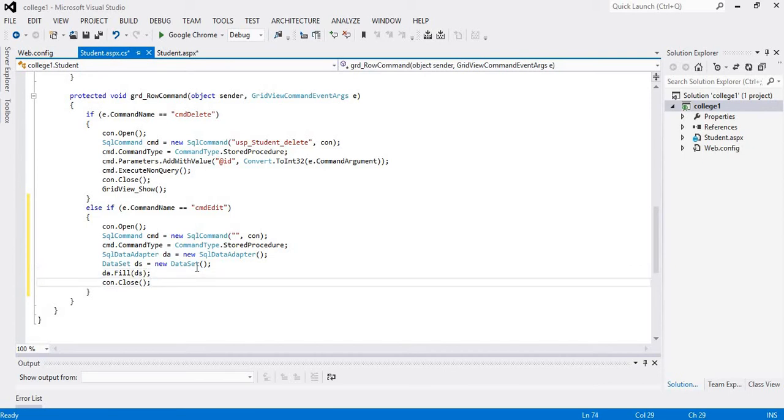Our connection is closed here, and then we will check if there are some data or not.